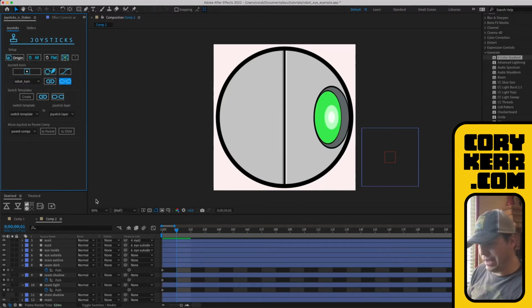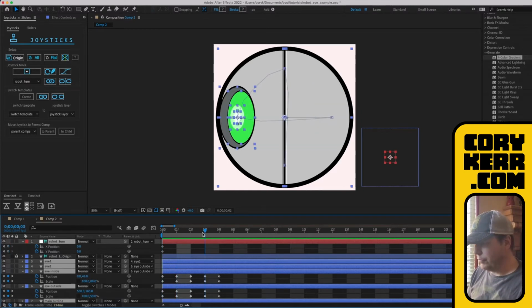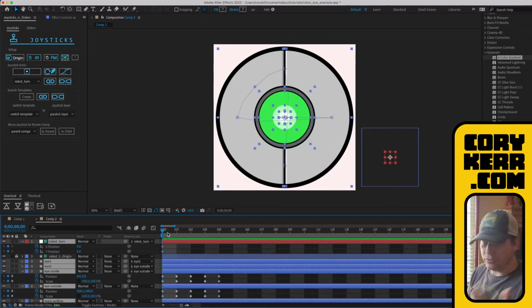When I do that, if we hit Command A and U, you'll notice that it put all the keyframes back. I like doing that because then you can tell what's happening when you move the joystick to the right or to the left or up or down. Without that, it's still controlled by the controller. So now the controller isn't controlling anything because we unbound all the keyframes. And we can link those right back up by just pressing bind on any selected layers.